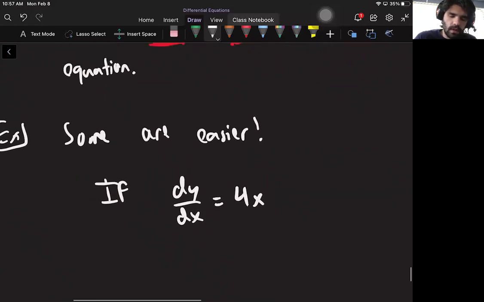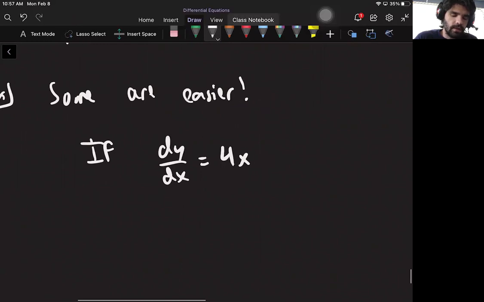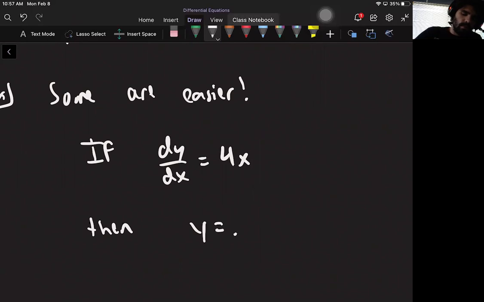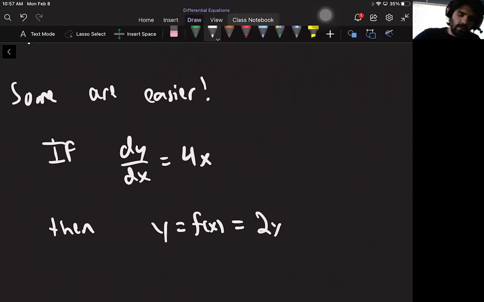And this one you might be able to solve actually. If I know that the derivative of y with respect to x is 4 times x, then luckily earlier I computed a derivative that created this, but there's actually many more. So for example, 2x squared plus 10 solves the differential equation